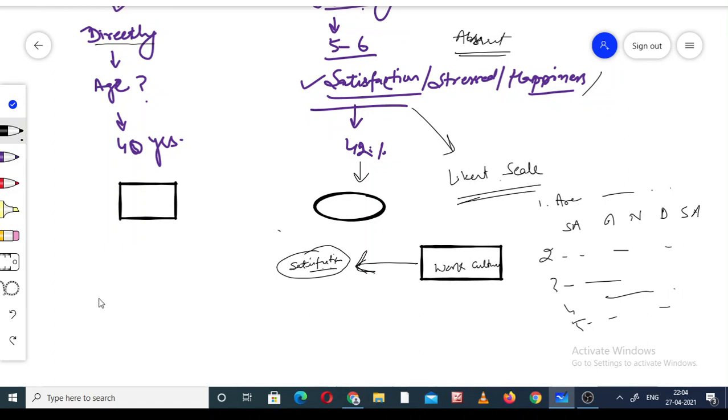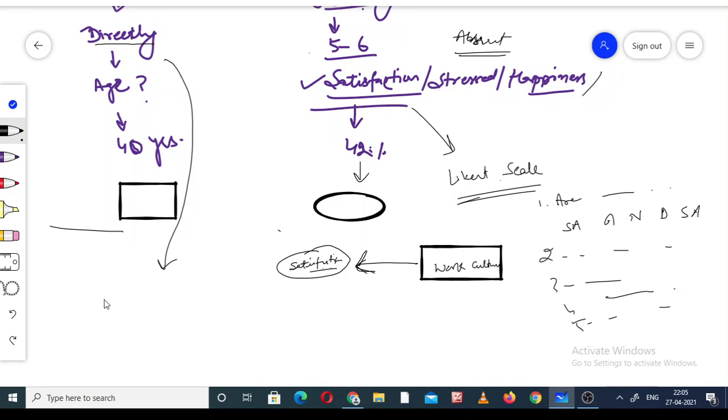One more thing: whatever is there in the data file of SPSS, if something is present in the data file of SPSS, that is always the observed variable. We are talking about this one, and this is the observed variable, and this is the latent. So what will be the condition here?